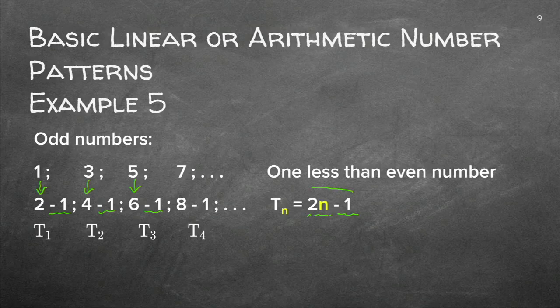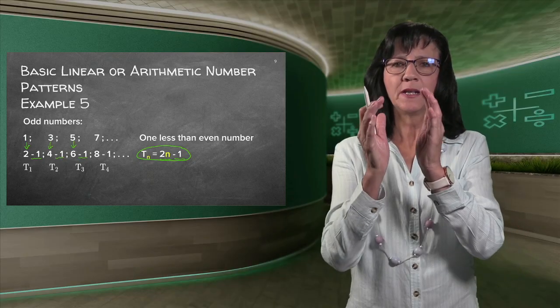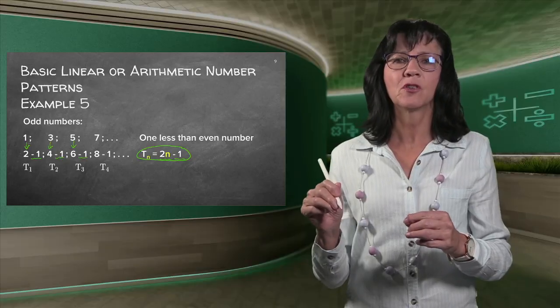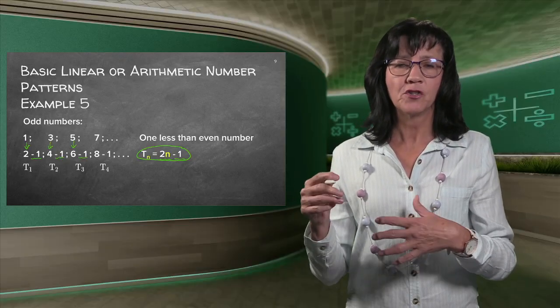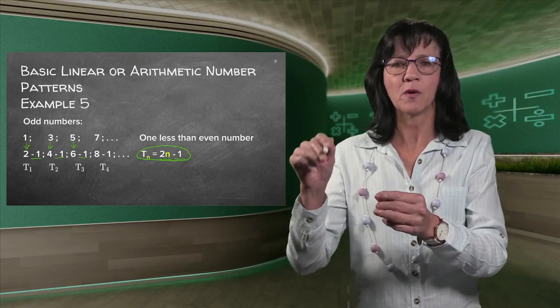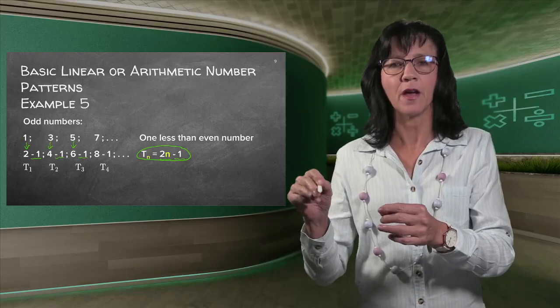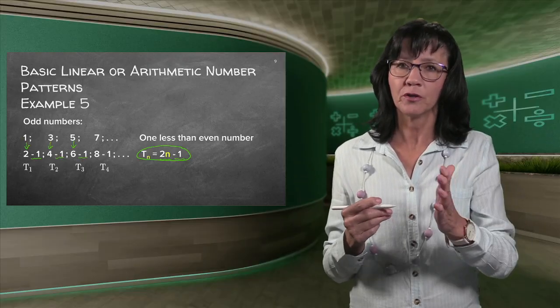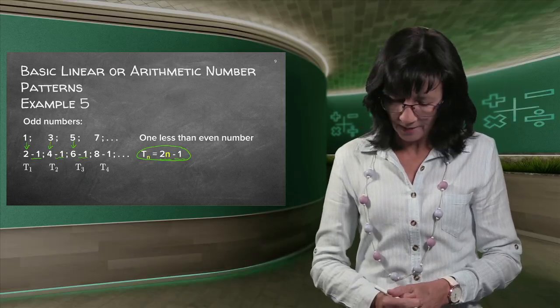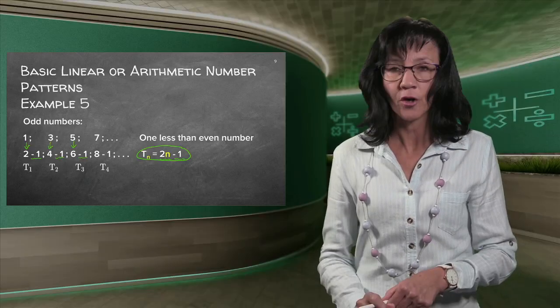Also something you can really remember and try to imprint in your mind: if I talk about odd numbers, it will always be an even number minus 1. It can also be plus 1, but remember, we need to start odd numbers on 1. If I just say plus 1, I'm never going to get to the 1. 2 plus 1 is 3, 4 plus 1 is 5. So to make sure you incorporate the 1, you rather say 2n minus 1, and that will always represent an odd number.